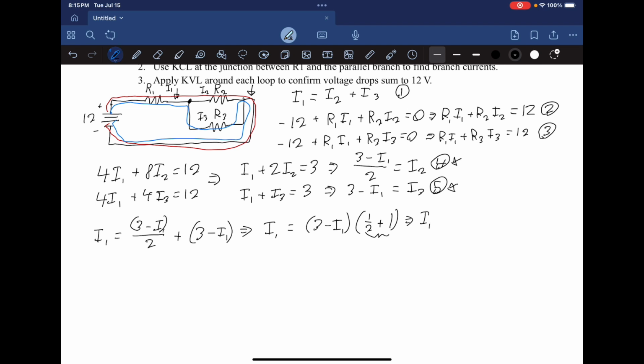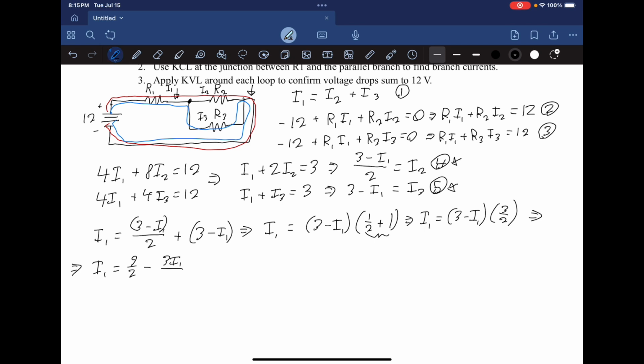So we have I1 equals 3 minus I1 times 3/2. Distribute the 3/2. I1 equals 9/2 minus